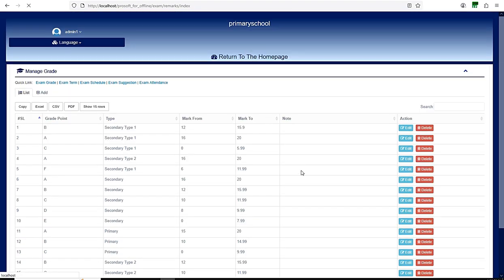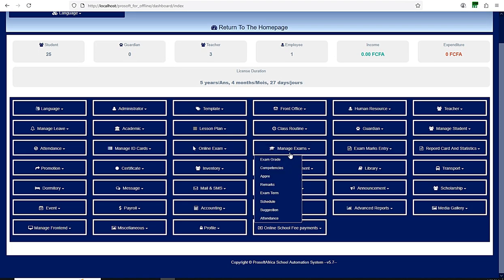So let's go back again. The manage exam grades, attendance, suggestion. All of these ones are automatic, no need explaining them. We have already made the system to automatically schedule exams and to automatically mark the exam attendance. So no need explaining this, it's automatic. So that has been explained. The next thing